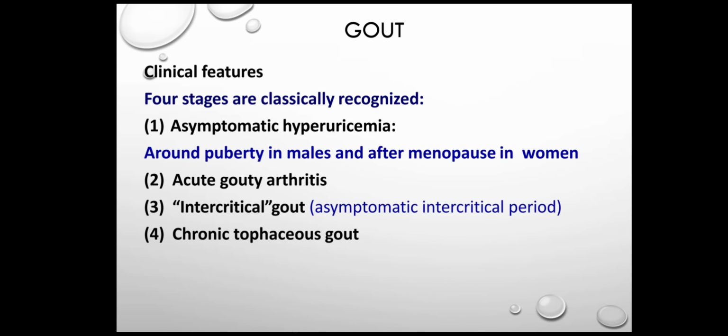What is intercritical gout? It is the resolution of acute arthritis that leads to a symptom-free interval. Although some patients never have another attack, most experience a second acute episode within months. And the attacks recur at shorter intervals and frequently there will be multiple joint involvement. Chronic tophaceous gout usually develops on an average of about 12 to 14 years after the initial attack.